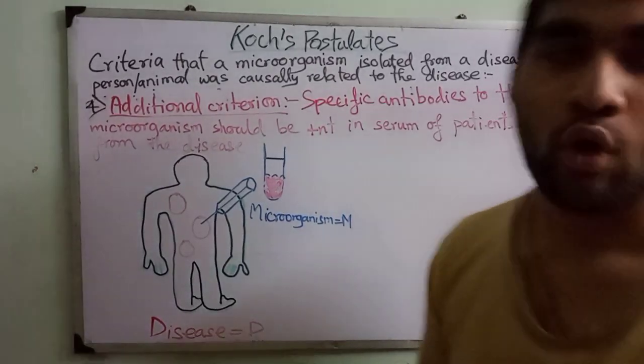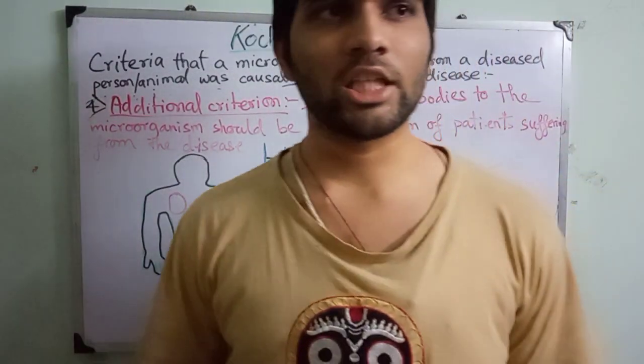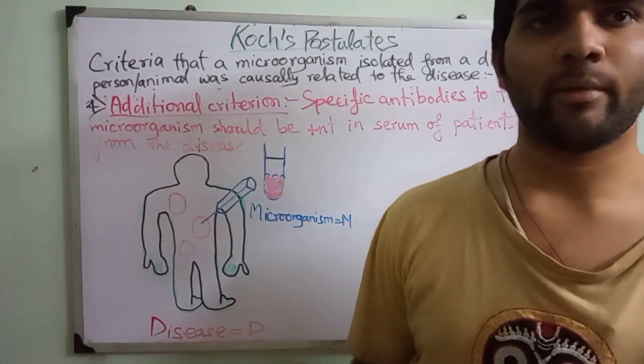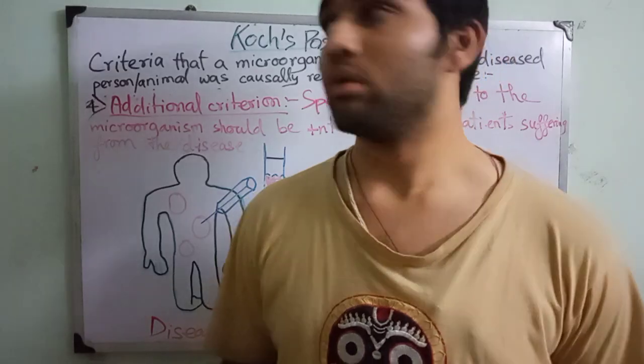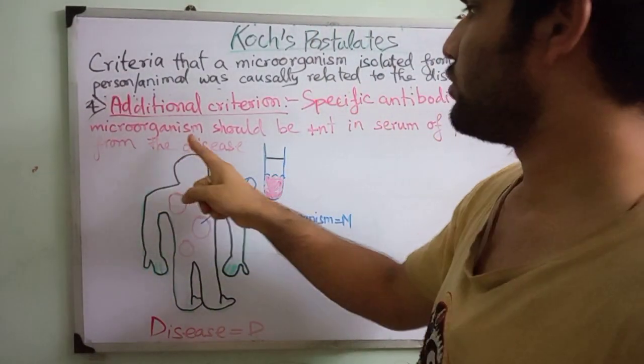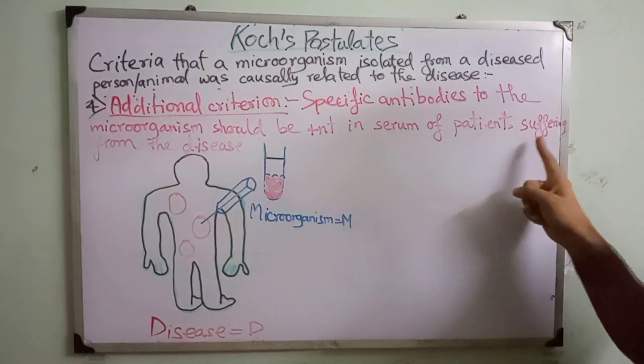So what was Robert Koch's last postulate? The additional criterion, which was originally not given by Robert Koch but was added later on, was that the specific antibodies to the microorganism should be present in the serum of patients suffering from the